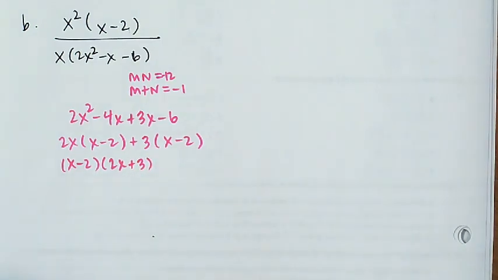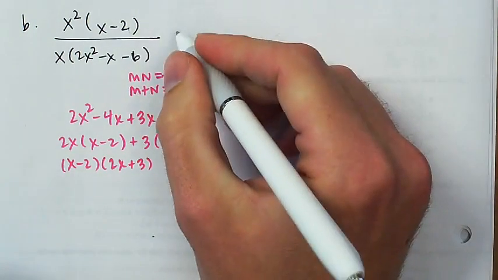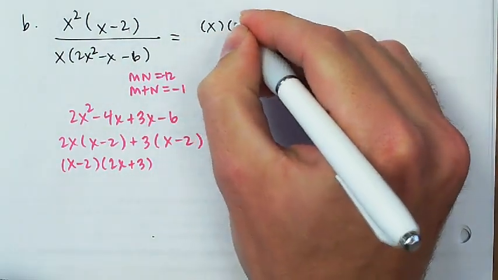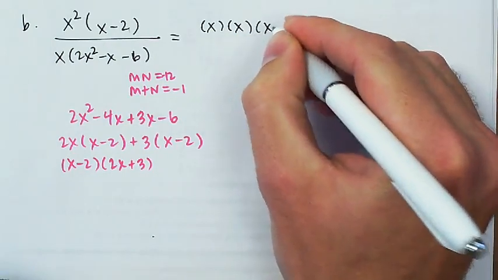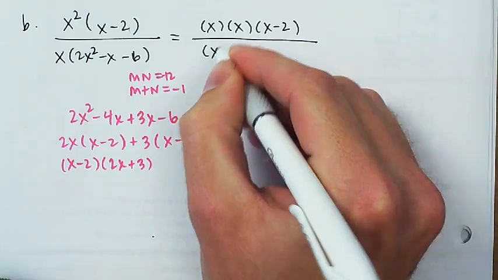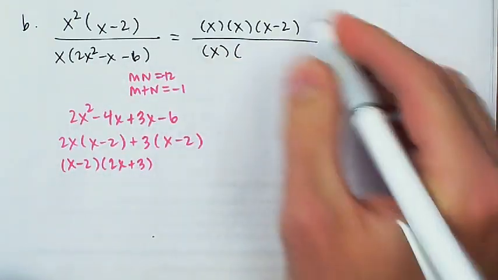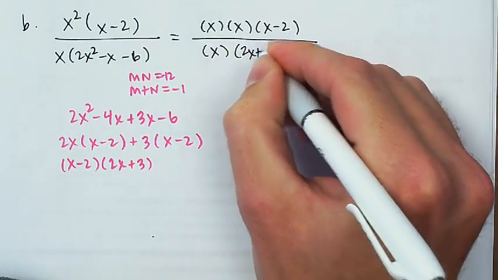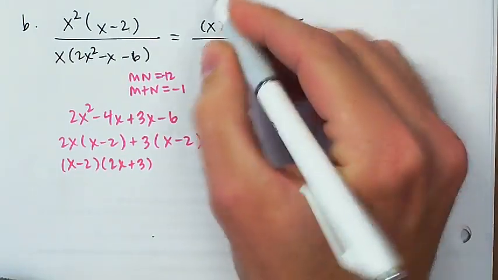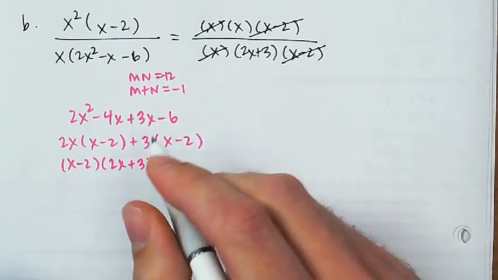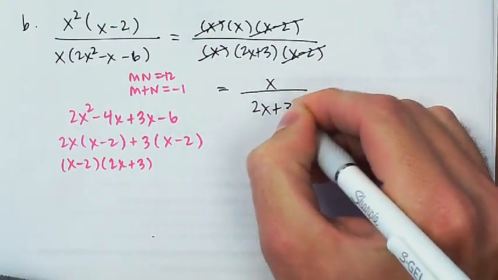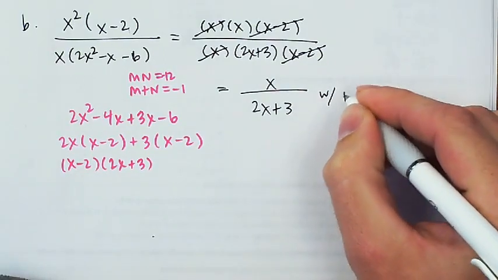So I've got that factored, and I've got that x minus 2 that's common to both. I'm going to write x squared as x times x for the sake of canceling. In the denominator, I had an x, and then the thing I factored came back as 2x plus 3 times x minus 2. I'm going to cancel those off, and cancel these off. So this is going to be equal to x over 2x plus 3, with holes